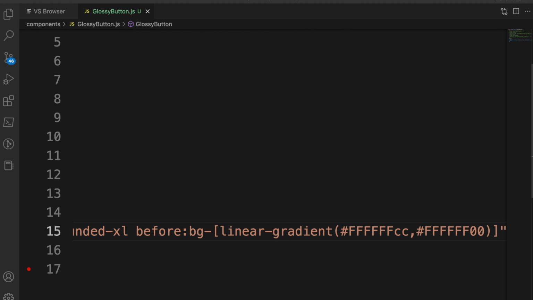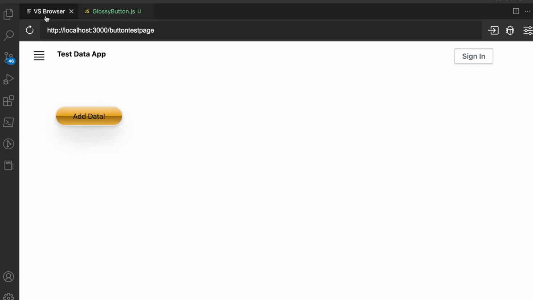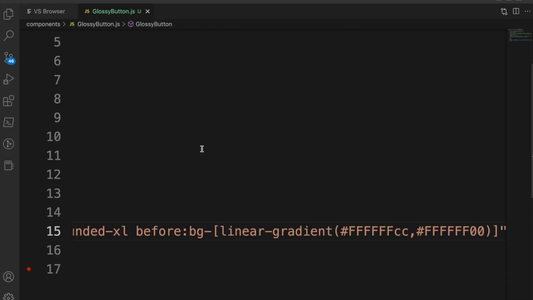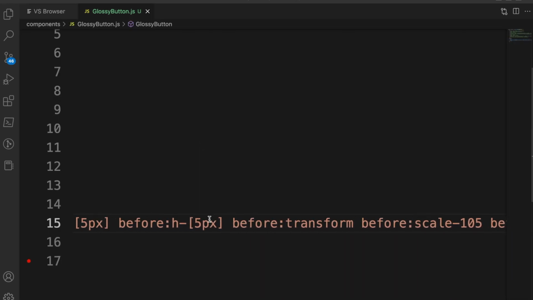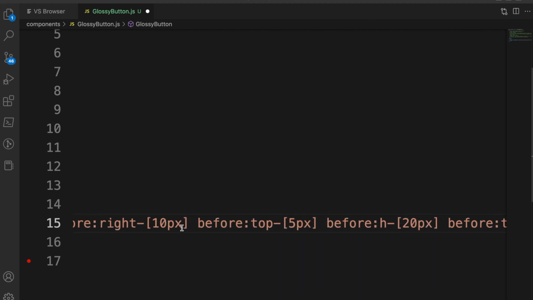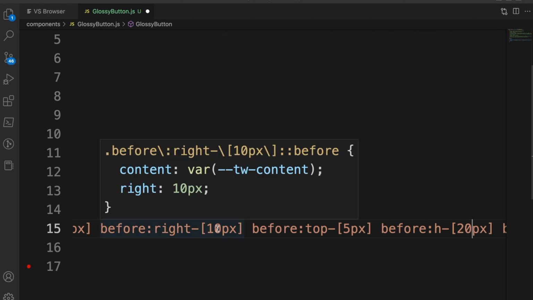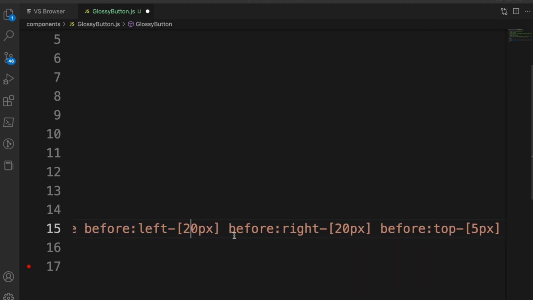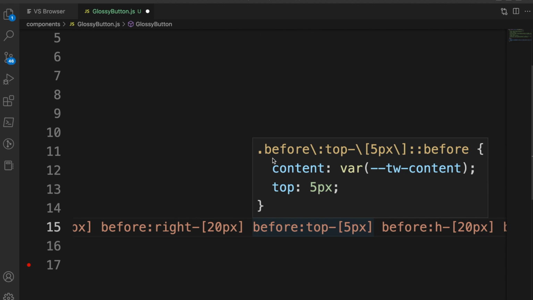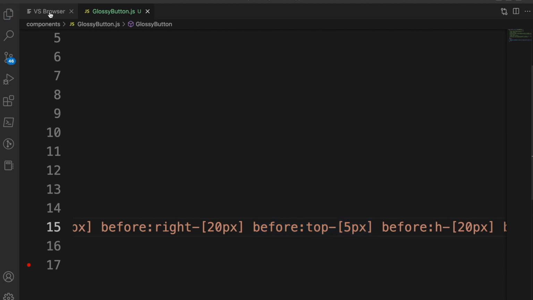We also need to add opacity as step 5, but first let's check. Okay, we can see that, but it's very tiny, so we need to add height, like increase the height a little bit, and just go ahead and add. We have 5 pixel. I'm directly going with 20 pixel, and here I'm going to see how it looks, and then we can easily change it. For now I'm just putting top 5 pixel, and we will see